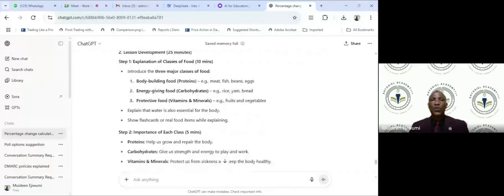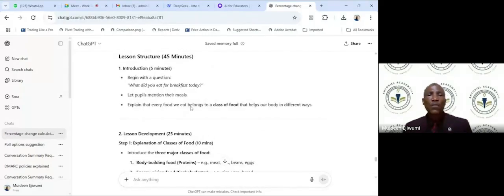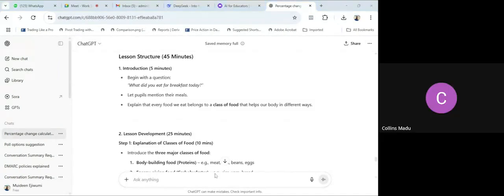So you can specify if it's going to be a 1-hour duration or 50-minute duration, so that it can fine-tune your lesson plan accordingly. Is that clear? It's clear, sir.